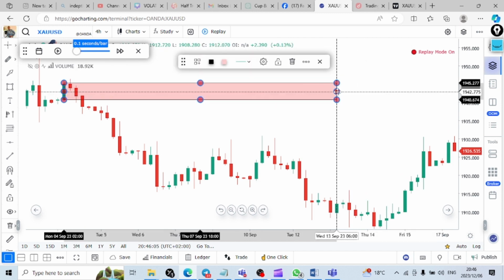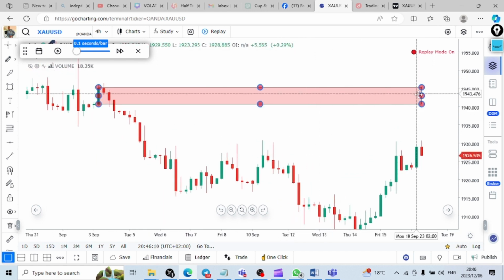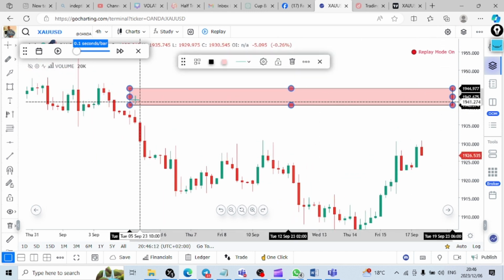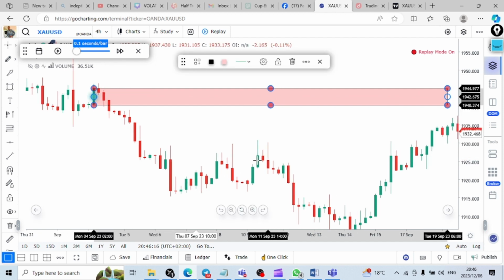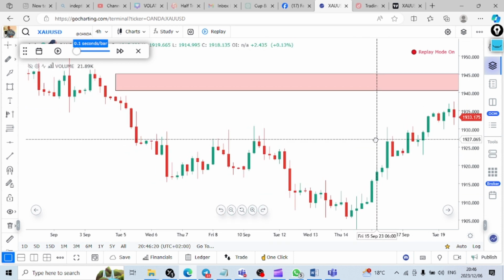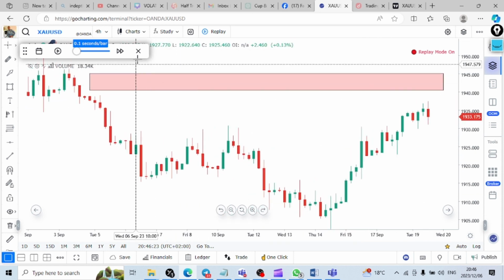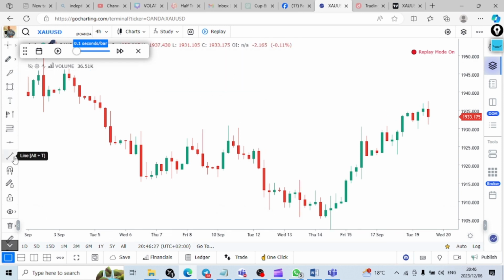So on Go Charting, the drawing is a little bit difficult, but it has this nice replay mode which I enjoy using. Okay, so you see price is coming back again to that order block. So when marking an order block, okay, let's just do the proper thing. So when marking an order block, you